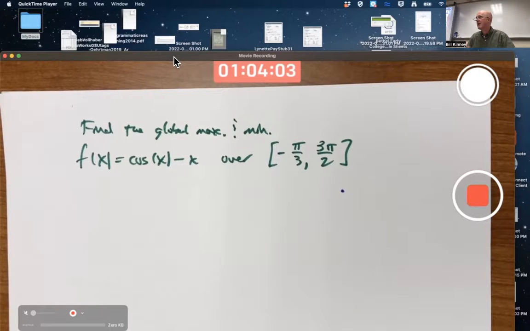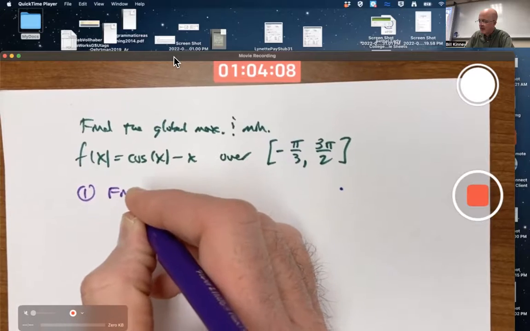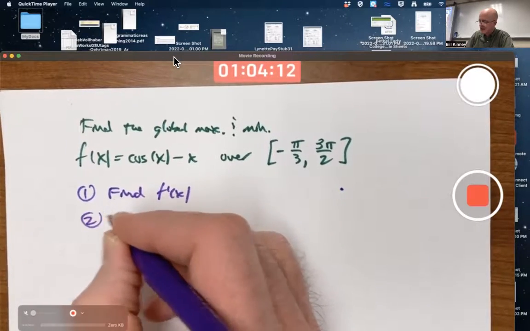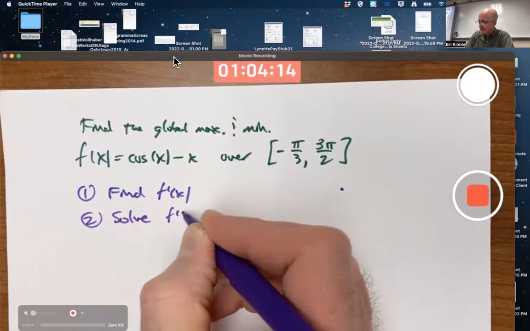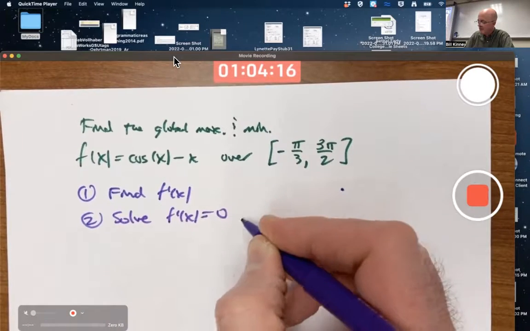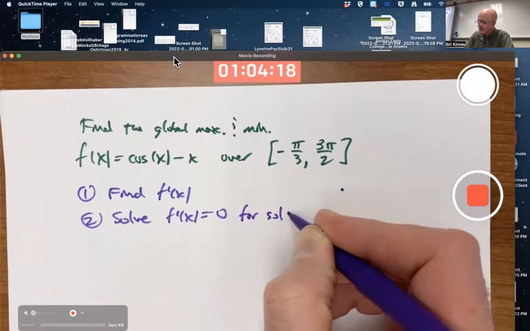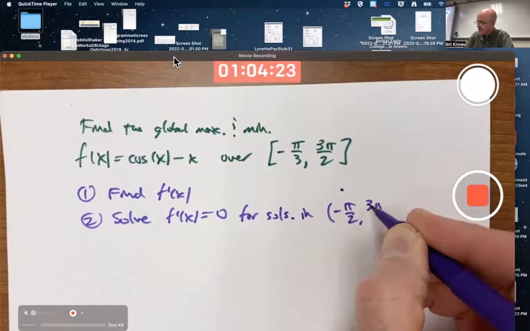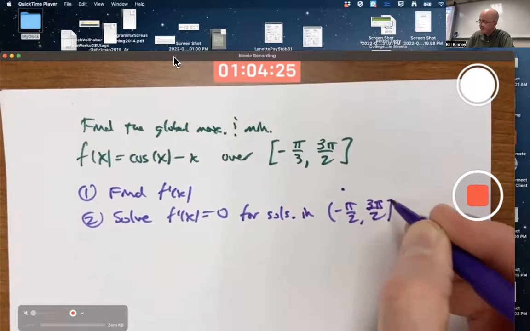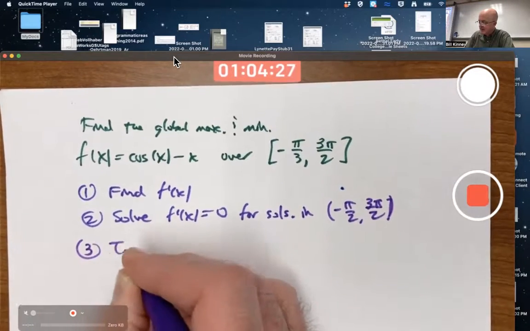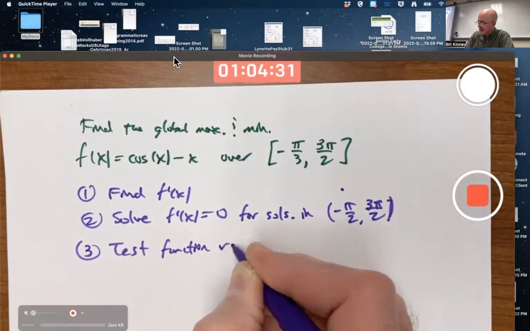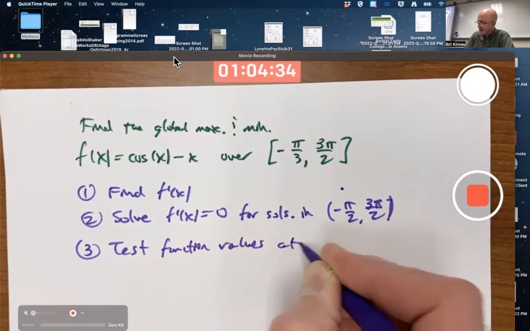Okay, this is a calculus problem. Let me just say, the steps are: first, find f prime of x. Second, solve the equation f prime of x equals 0 for solutions in the open interval from negative pi over 3 to positive 3 pi over 2. Those are going to be your critical points. And third is test function values at the critical points